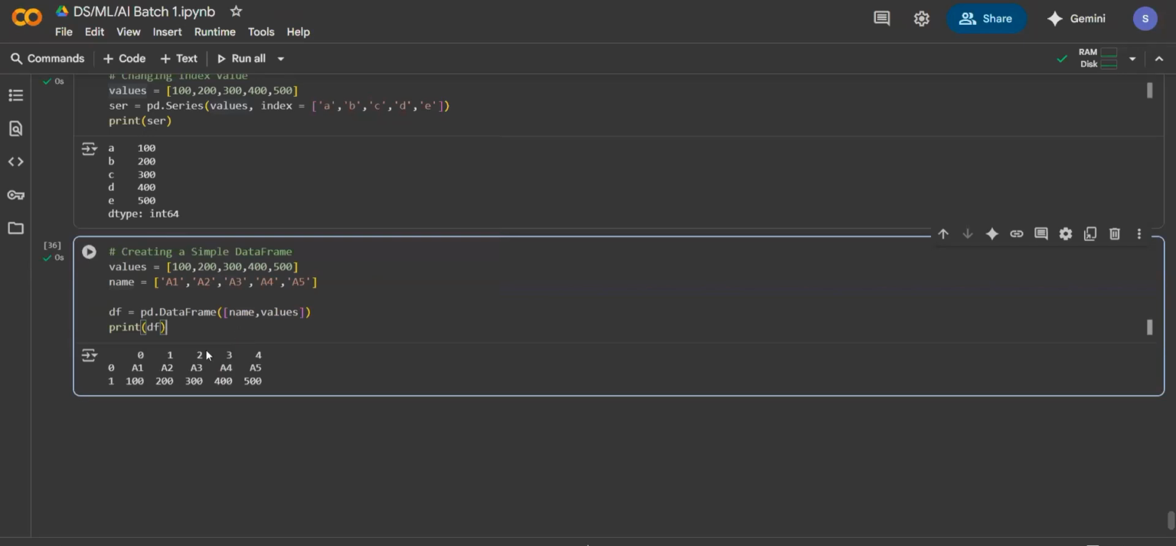Okay, see the output. Can you see? A1 100, A2 200, A3 300, A4 400, A5 500. Now, do you think this is the right way to display the data frame? I told you this entire name should be in one column, right? So how many columns do we have? We have 5 columns here, and each name has a different column. I don't want this. I want this particular name, whatever name is there, as one column, and I want values as